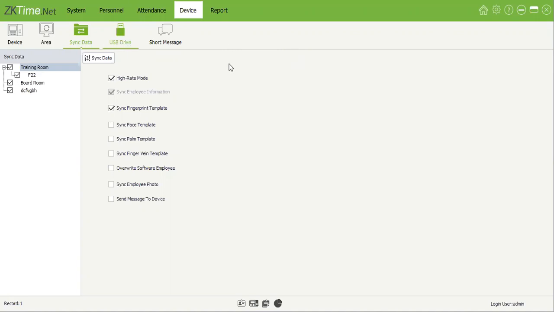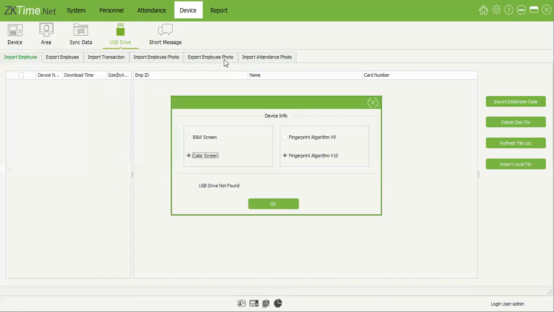The USB drive option you have here is optional. So if you selected it inside of the system, you can select if you want to import, let's say, transactions or employee photos or something like that from your device. Your device firstly needs a USB port. If your device doesn't have that, then it won't work. So let's say your device has a USB port, then you can just put this USB in there, pull the information, and then just place it inside of